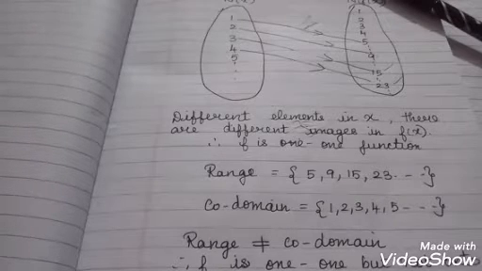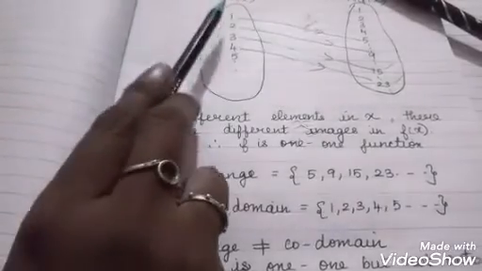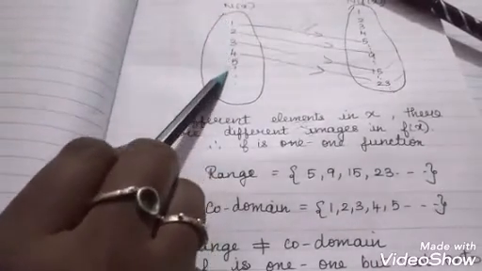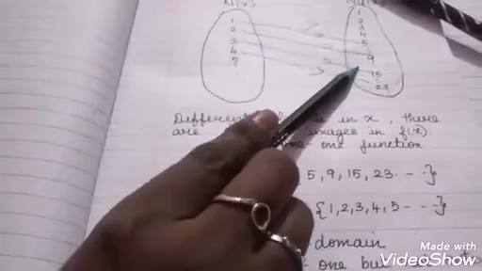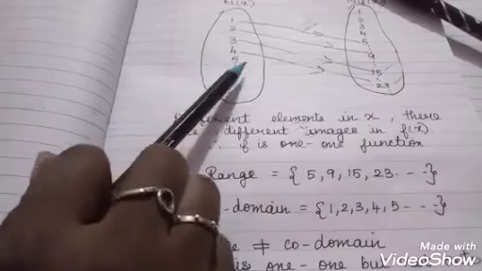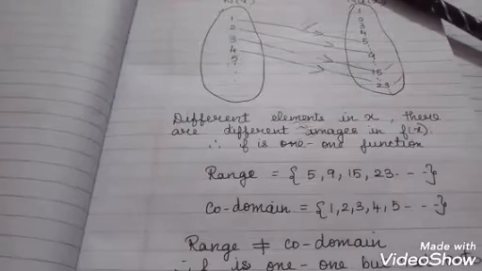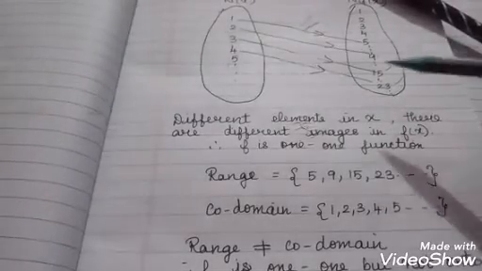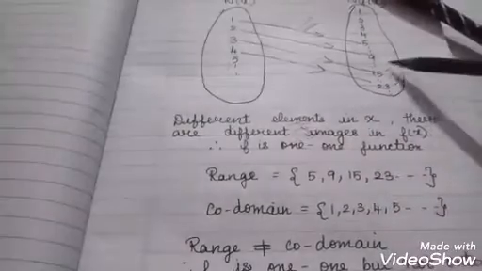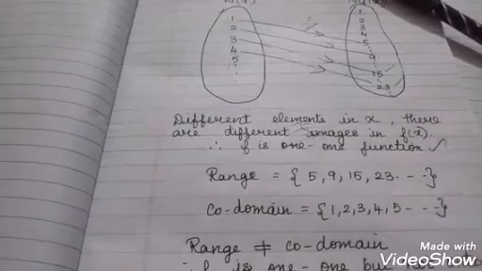Now we will see whether it is a one-to-one function. Yes. Why do I say so? Because all the elements in the domain, for sure, will have images. When I substitute, for sure I will get a natural number. Even when I substitute 5, you will have 5 squared plus 5 plus 3, which is equal to 33. So for sure you will get a natural number as an image. All elements in x will have images in f of x. Therefore I can say that it is a one-to-one function.